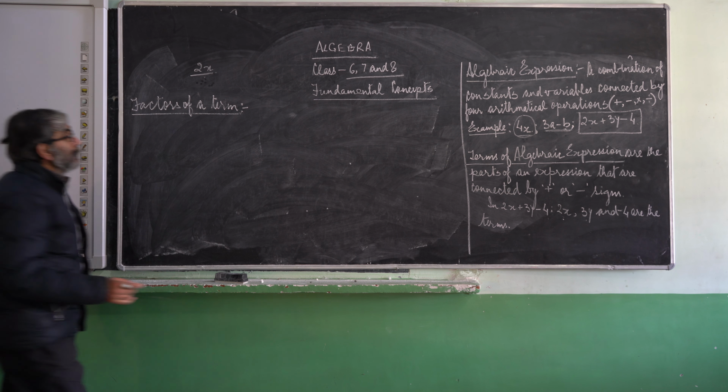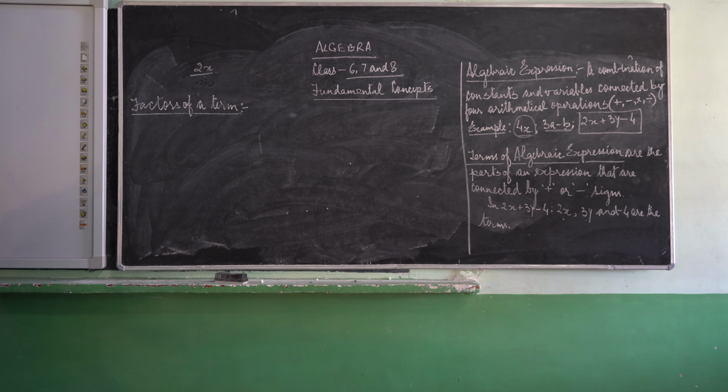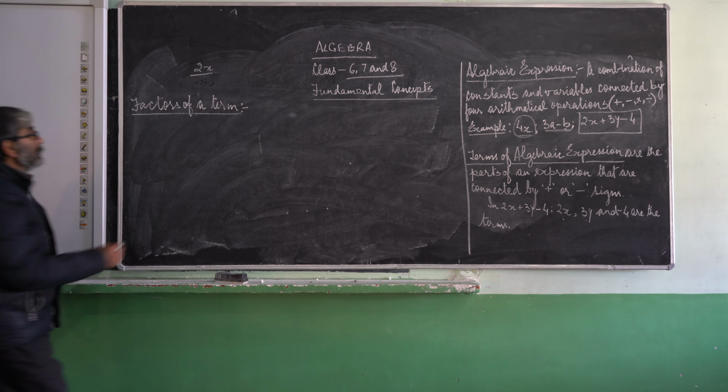When literals and coefficients are multiplied to form a product, then each quantity multiplied is called a factor of the product. That means, suppose we take an example,